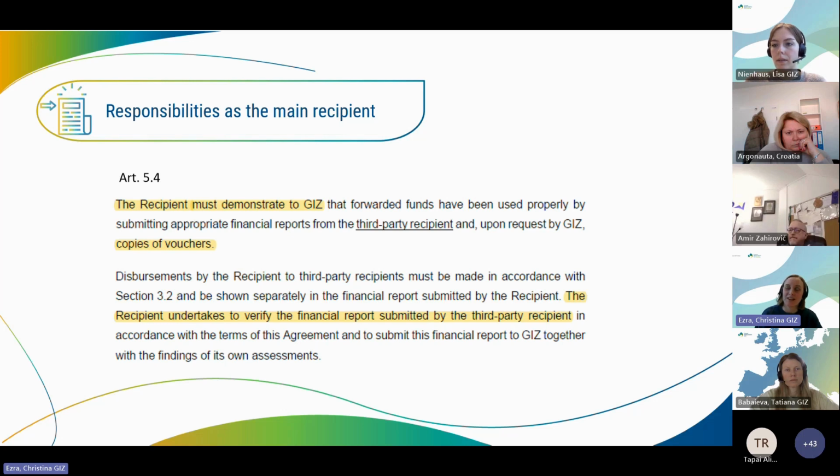That also means that you should always receive the financial reports a while before the actual due date to check it properly. And also, as this question recently popped up, if vouchers will be requested from you after you submitted your financial report, those vouchers will always be requested directly from you as a main recipient, no matter if they are part of your budget or your partner's budget. So please make sure that you are in good communication with your partner in order to receive all necessary documents promptly.